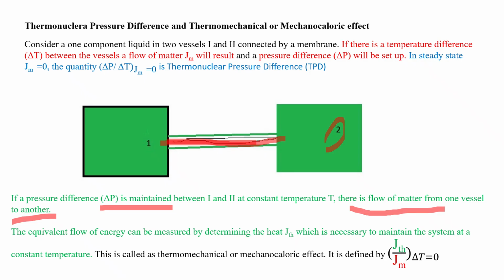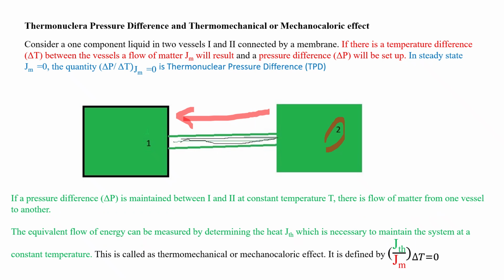At the same time, when there is a flow of matter, you can measure how much equivalent energy is also flowing from vessel 1 to 2 or 2 to 1. It can be measured by measuring the JTH. You have to maintain the temperature constant for measuring the flow of equivalent amount of energy from one vessel to another. And now here you can see,